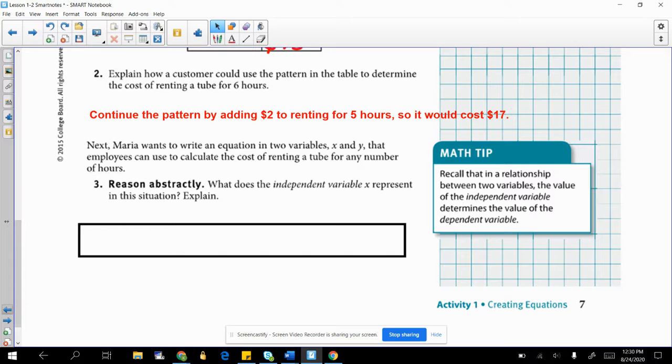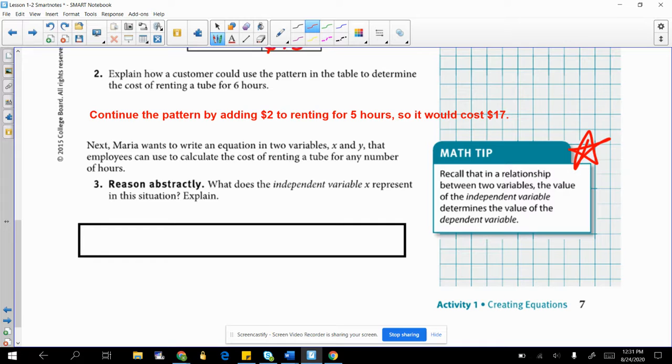Next, Maria wants to write an equation in two variables, x and y, that employees can use to calculate the cost of renting a tube for any number of hours. Some of you may already have that idea of what the equation should look like in your head, which is great. But before we do that, let's talk about these variables a little bit more. So if you look over here at this math tip,